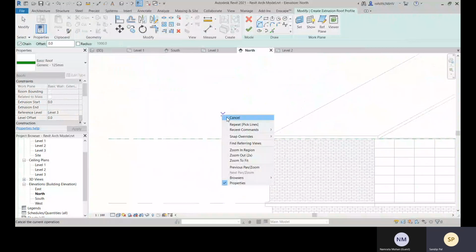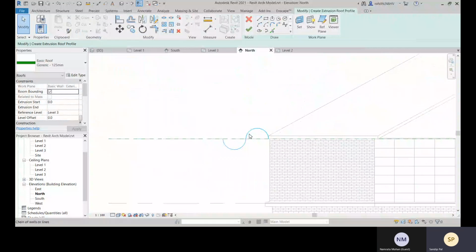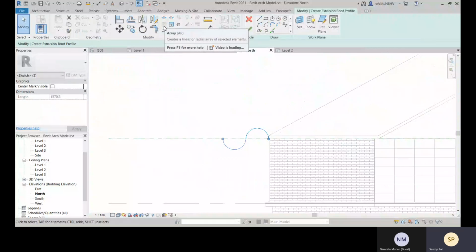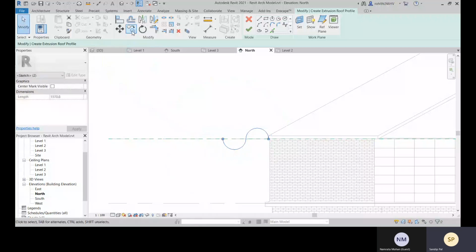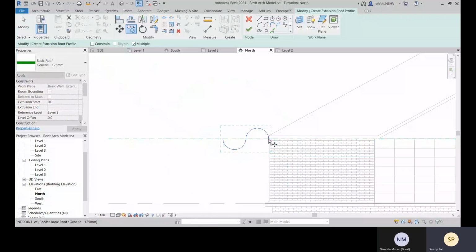Now what we'll do is we will select this one, and we cannot array it. Okay, so for that we will choose copy, select it, and we will make it multiple. Select with this base point, will multiply, and you can make it constant because we will move it in this direction only.